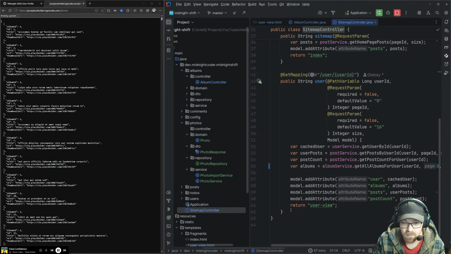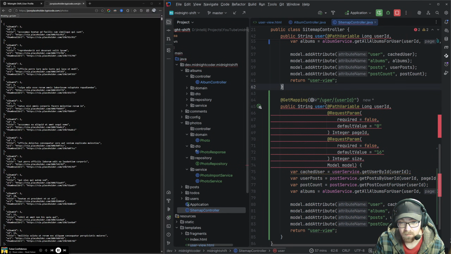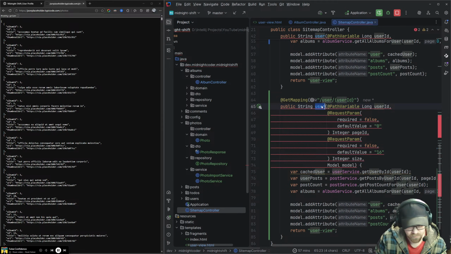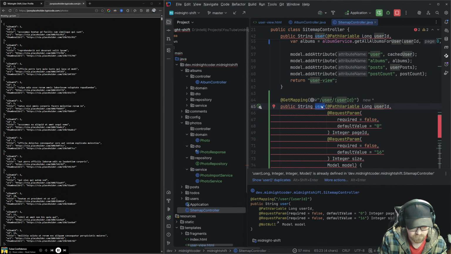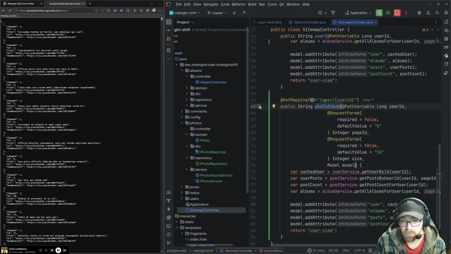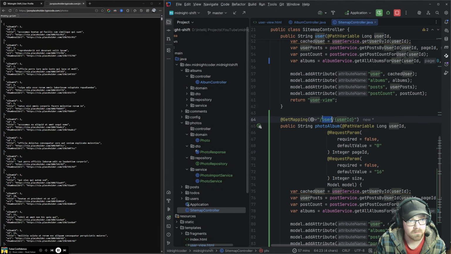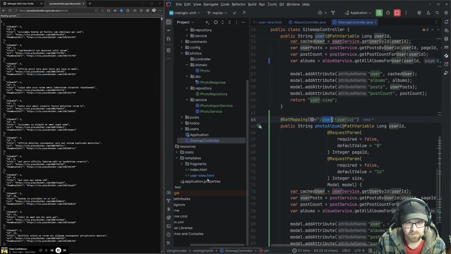Alright, so now if I copy this, duplicate this, and we call this photo album, I suppose. What am I calling this? What, my page is going to where?